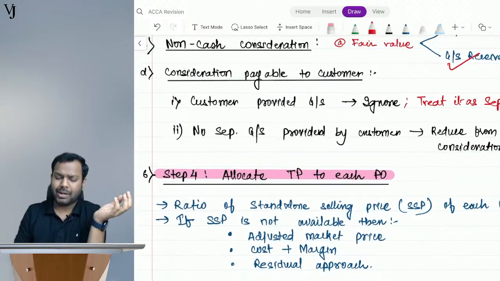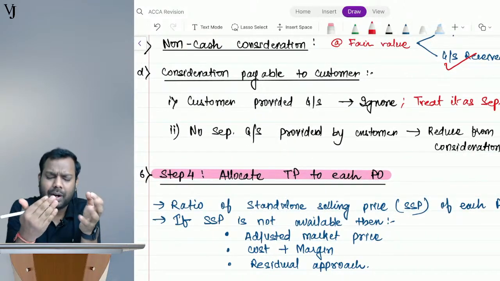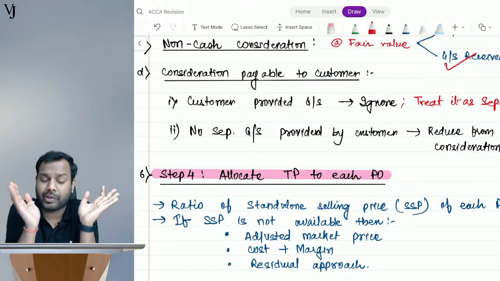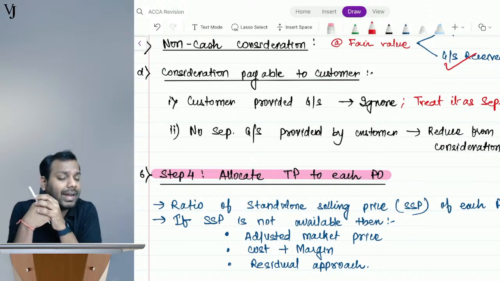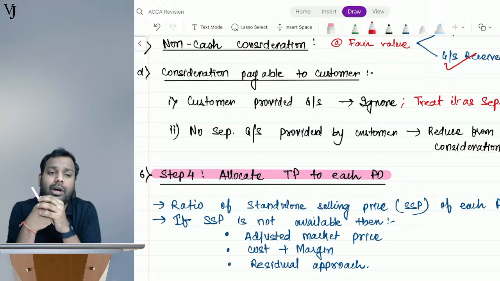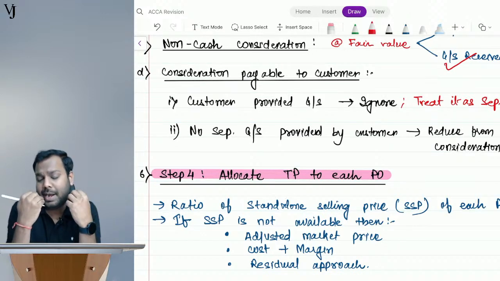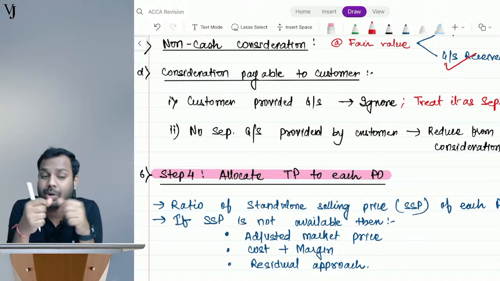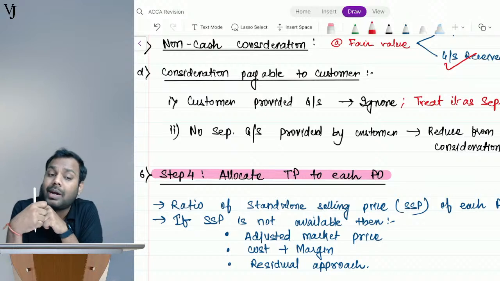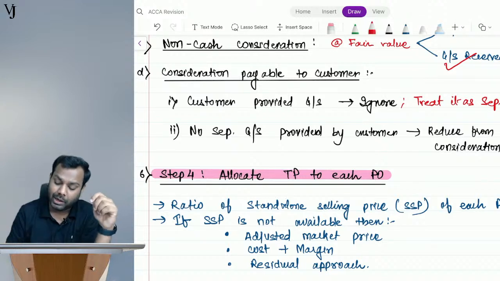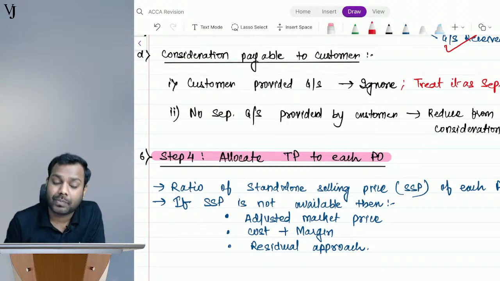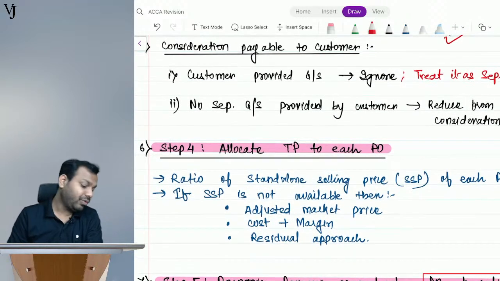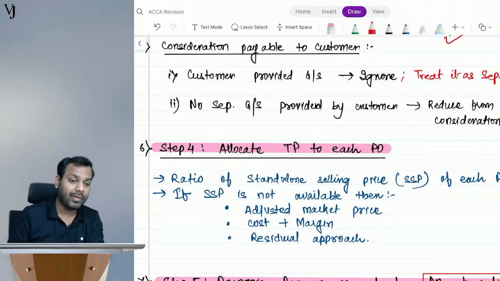But let's suppose Nutan did not give me any separate goods or services. In that case, what will I do? Let's suppose she gave me the fees amount, and I am giving her some amount back, which means I am giving her a discount in the SBR lecture, right? So reduce it from the consideration. I believe you guys are understanding these points. Tell me please, is it clear, everyone?